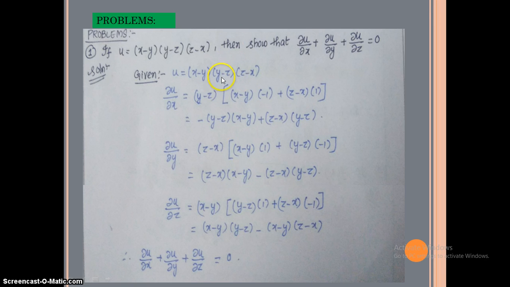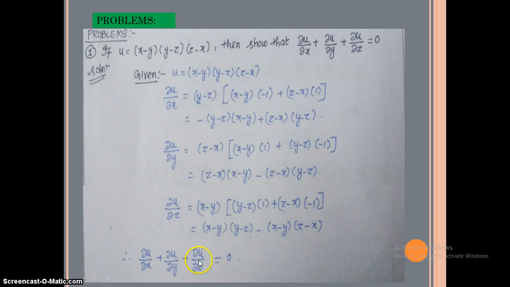So first I can fix y minus z, then with respect to z means we get 1 here, plus z minus x we can fix as it is, then differentiation with respect to z means we get minus 1. Next we can simplify this one, we get (x minus y) into (y minus z) minus (x minus y) into (z minus x). So adding these three equations we get dou u by dou x plus dou u by dou y plus dou u by dou z